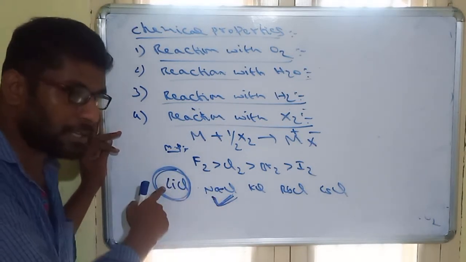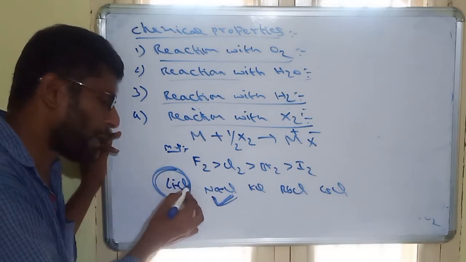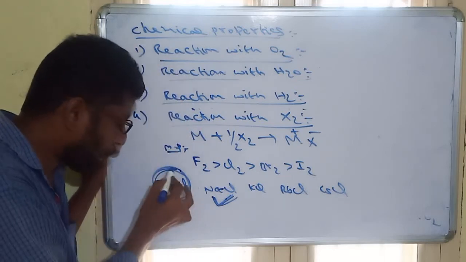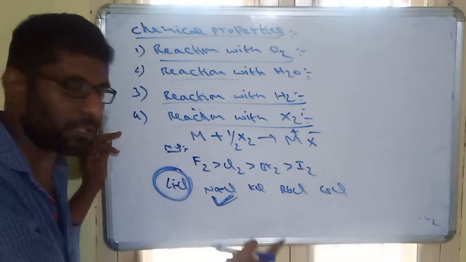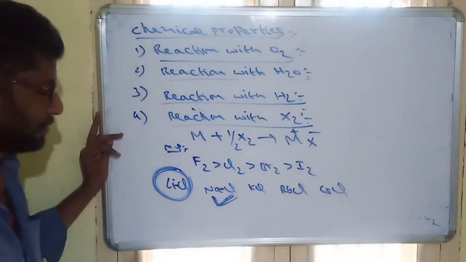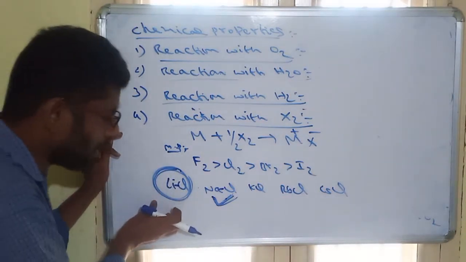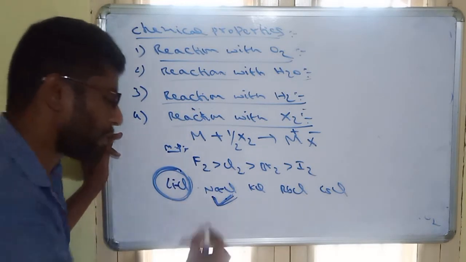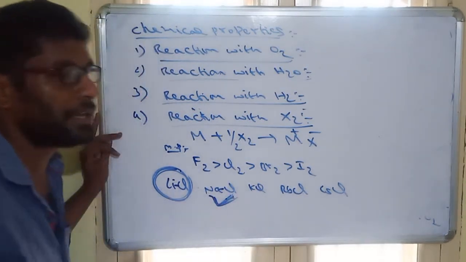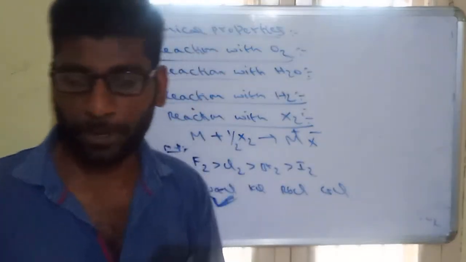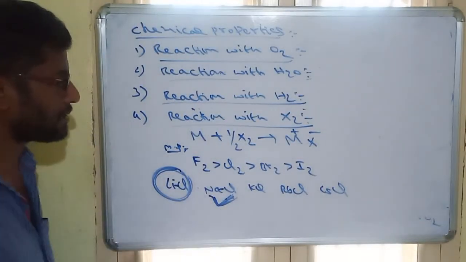But lithium is a small size, and still it has a lower melting point than NaCl. Reason? Lithium compounds have somewhat covalent character when compared with the remaining metals. Due to this covalent nature, its melting point will be less. Remember it: among all these, NaCl has the highest melting point due to ionic nature and small size.